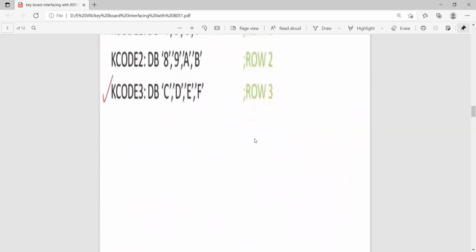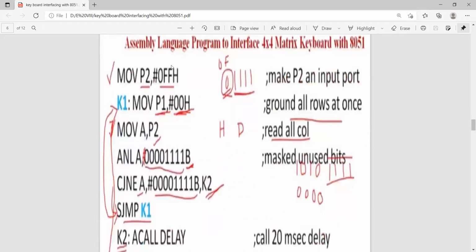If it is an input port, what is the first thing? First, you make all the bits high by transferring FF data to port 2, so that port 2 is ready to accept the inputs.